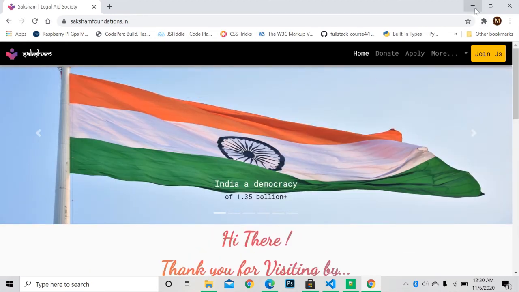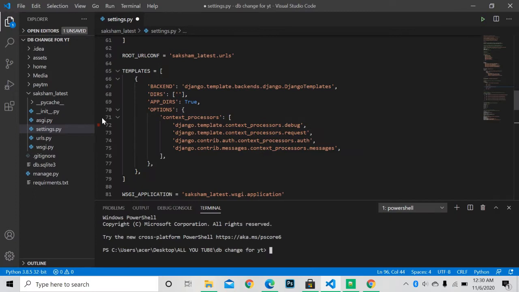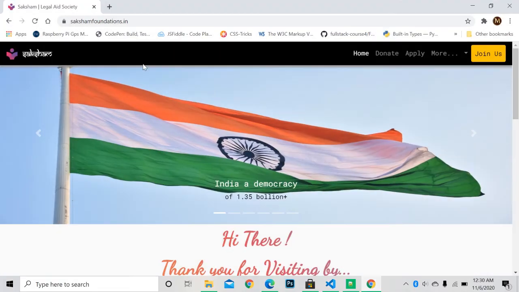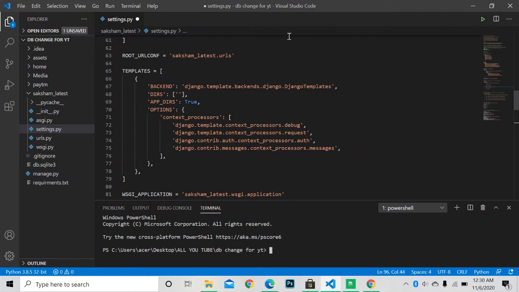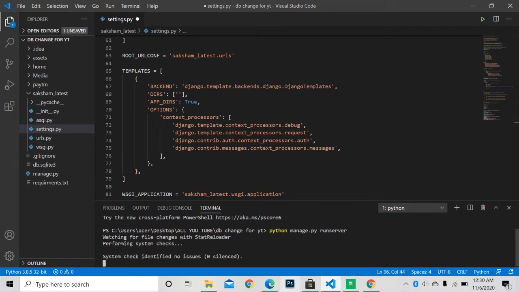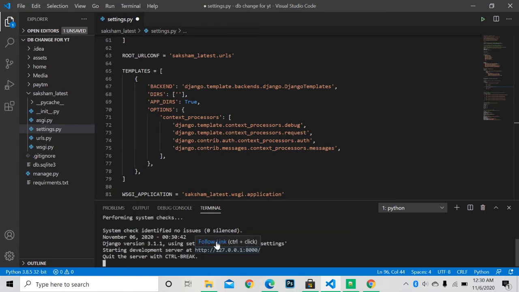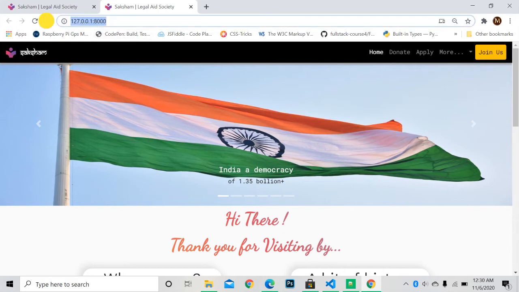So this is the website, and from this website I first backed up the data to GitHub and then pulled it down to my local machine, into this folder, db change for YT, for YouTube. Let me show you. This is the same website. Look, it's the localhost, and this is the same website.